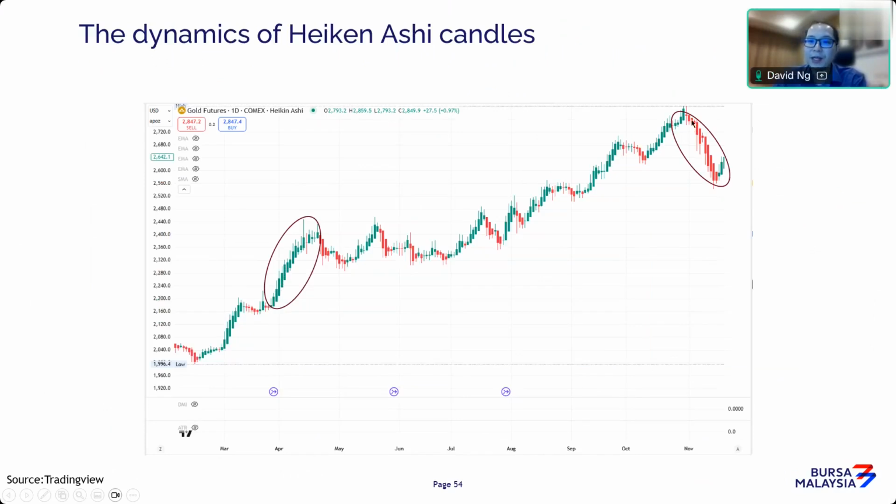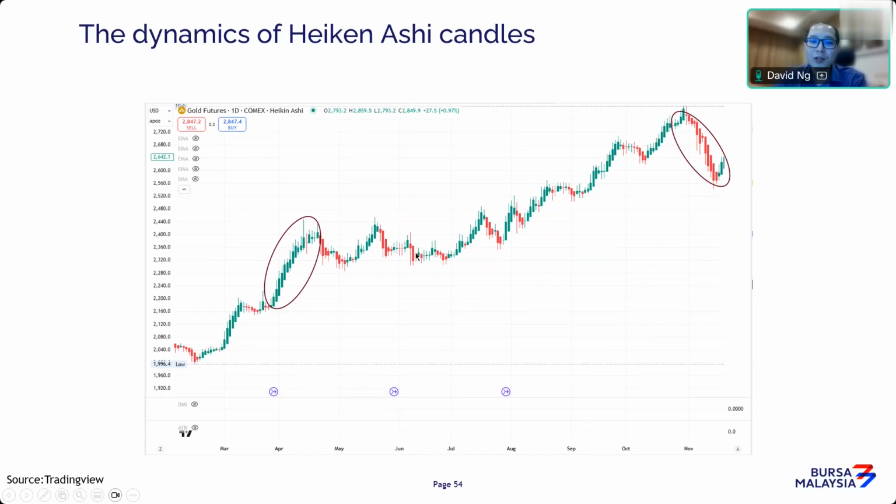Vice versa, these red candles, the bodies are getting wider as well. It's telling you this downtrend is also very persistent. Now, if you just look at this part here, you start to see small body candles, red and green together, side by side. It's telling you that this market has no direction. So if you start to see these candles again, and you're holding a position, you should be out.